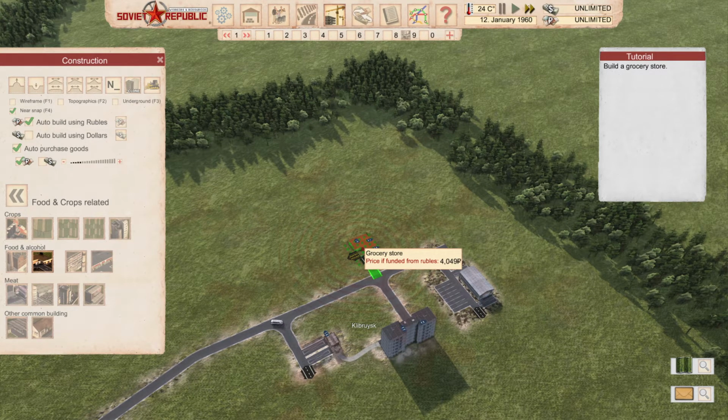As you can see here, you have the inputs, which you import from abroad because you don't have a farm, but of course once you build a farm you can import those. And then you have your factory, which produces outputs, and those outputs are exported or transported to the grocery store. So we build a grocery store,